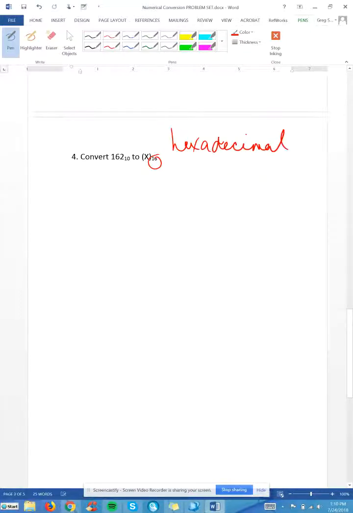And the reason why they call it hexadecimal: decimal is 10, hex is 6. Together, you have base 16, with 0 through F as valid values. So knowing that, what we're going to do is create a column weight chart based on the base we're converting to. So if we're converting to base 16, I'm just going to put